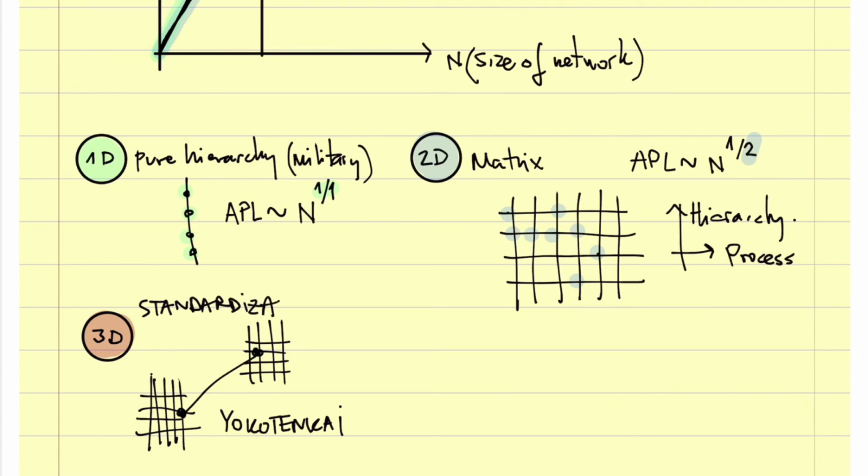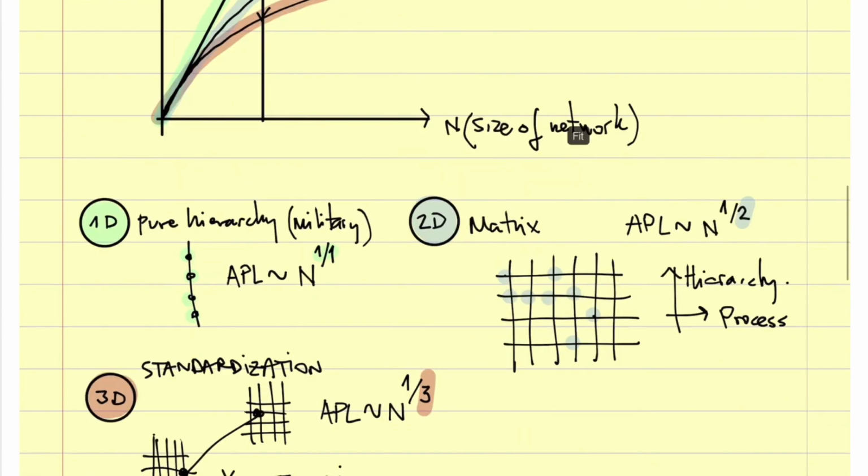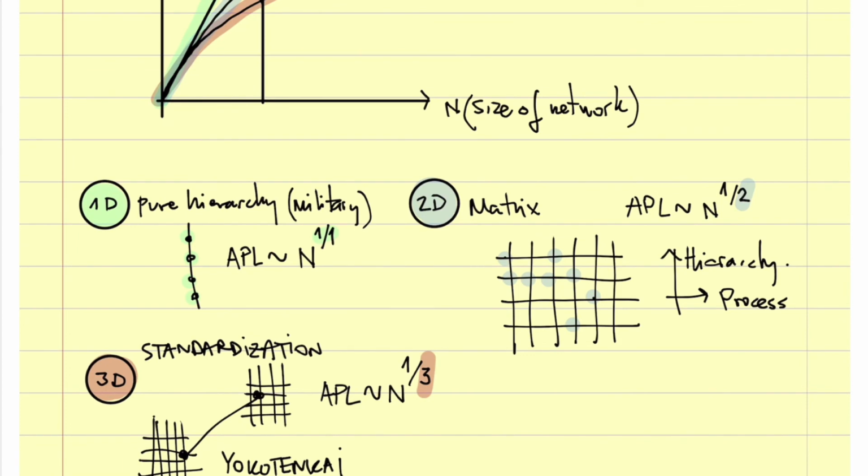Let's say you want to get one production line from one factory in Germany to the next factory in, let's say, Turkey. Here your APL is n to the potence of 3. Okay, and you see the game is always the same. Here you go a little bit down again, n to the potence of 3. So you're always gaining some performance with the same number of people, same number of resources. You're gaining performance. So you're doing better, but it's more difficult to